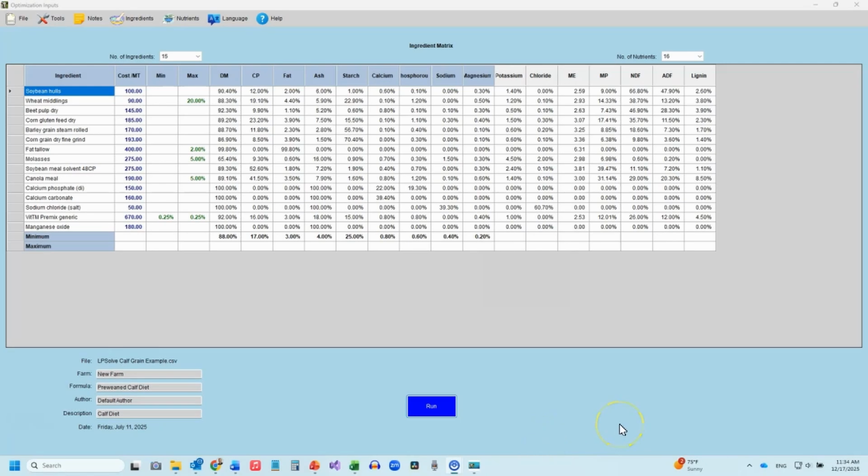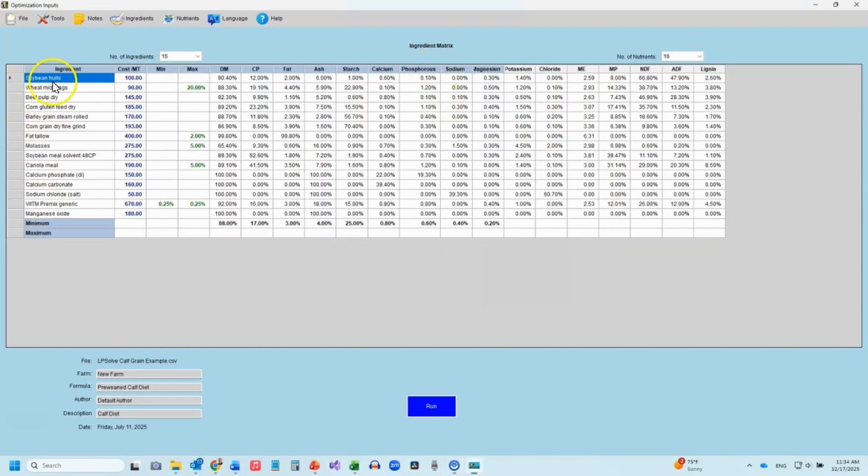Let's test the capabilities of LPSolve versus a very common method of linear programming, the Excel solver solution. To begin, let's look at the LPSolve gradient matrix for a typical formulation of a calf starter. In this formula, we have 15 ingredients, including soy hulls, wheat midds, beet pulp, corn gluten feed, and a number